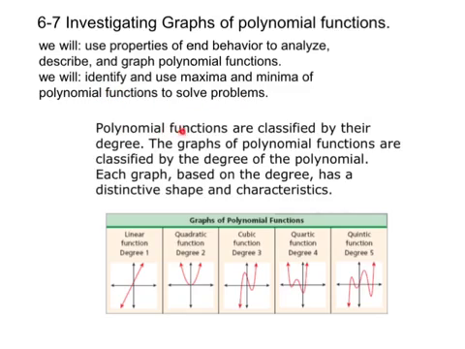So, polynomial functions are classified by their degree. Okay, we've seen these before. The graphs of polynomial functions are classified by the degree of the polynomial. Each graph, based on the degree, has a distinctive shape and characteristics. Degree 1, linear, it's a line. Degree 2, quadratic, it's a parabola. Degree 3, it goes up and down like that. In degree 4, we get a few little blips. In degree 5,